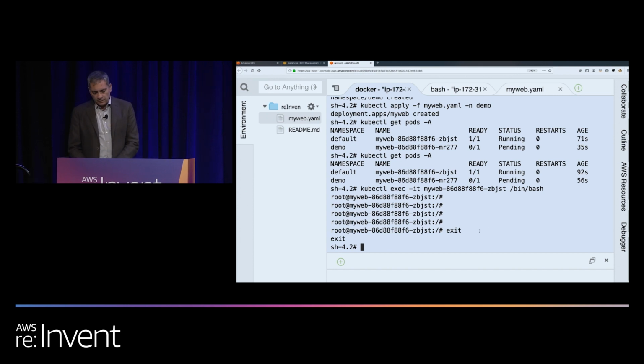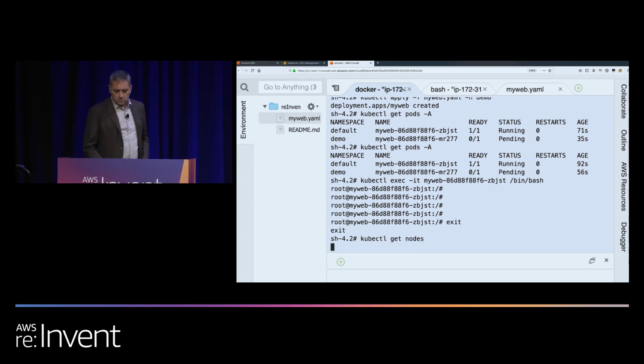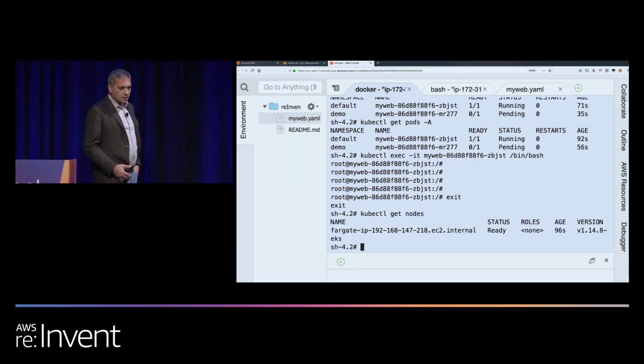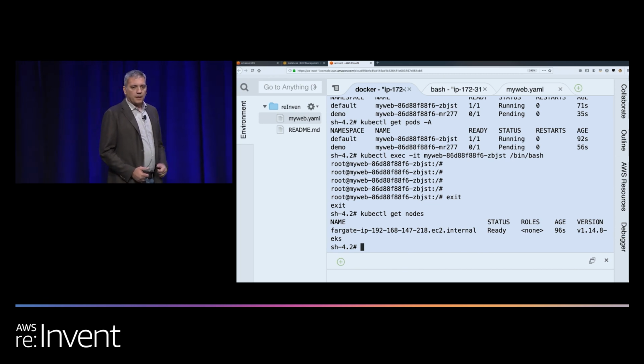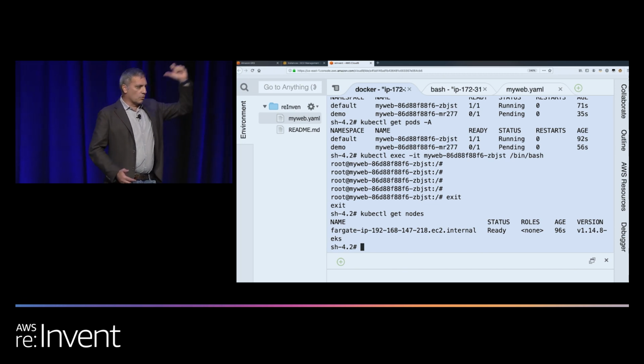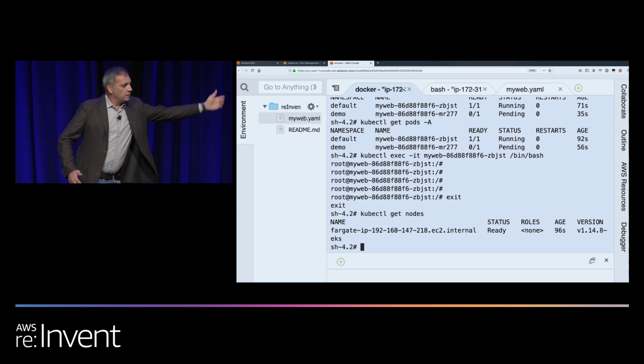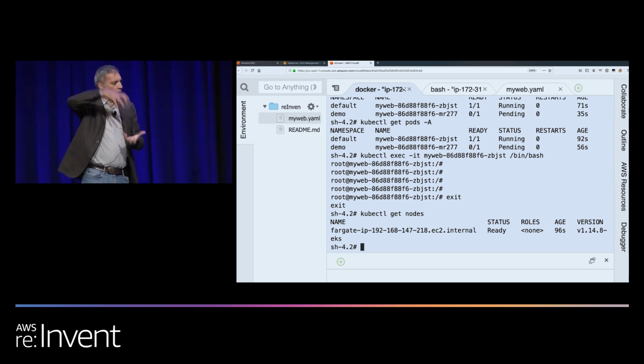The other interesting thing is if I do, again, get nodes, I see a node that came up. That is the node that we sourced from the Fargate fleet and we used to run that pod.